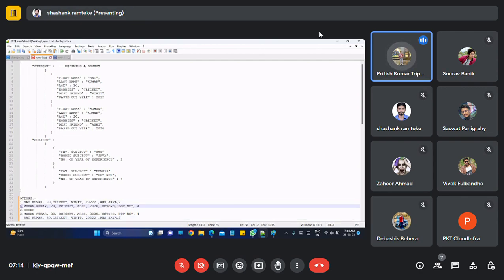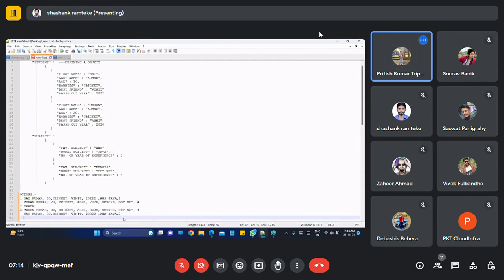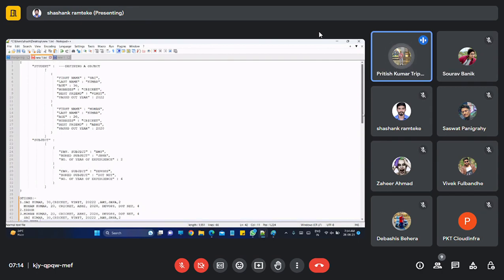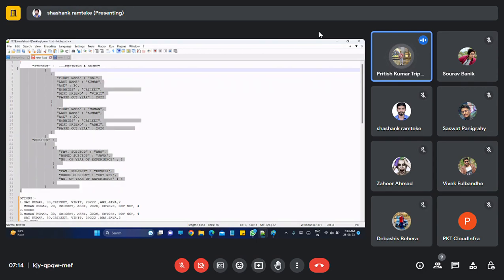And number four, you can say, no idea. So these are the four options which I have given. Just try to read the file and define the output. This is the specific JSON file which I am talking about.